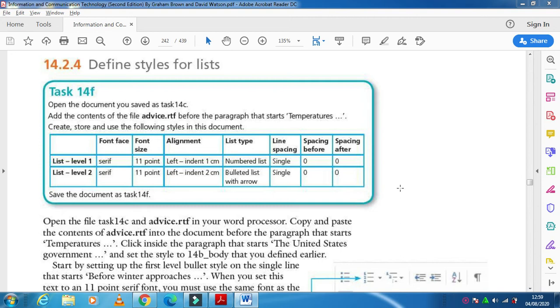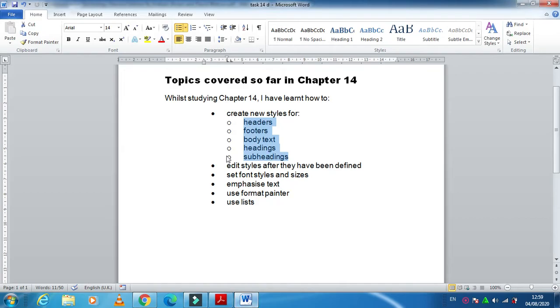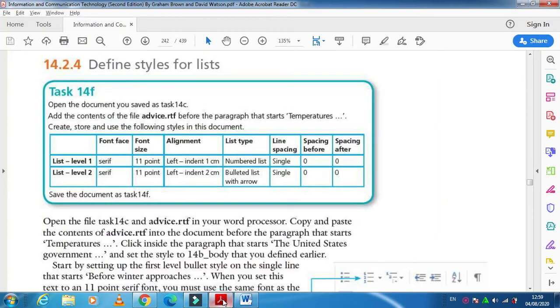Hi students, this video is about define styles for list. In our previous video, if you remember, we worked with the creation of a list in the Word document. We included the list with the main list, and then it has a sub list as well. Now I'm going to apply different kinds of list styles by creating the style first.